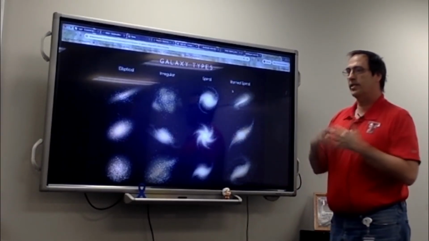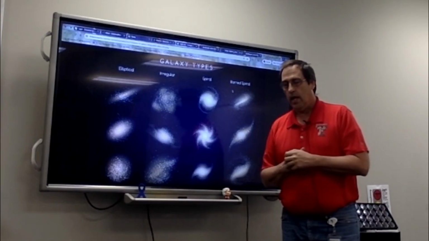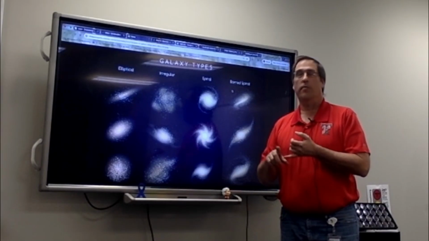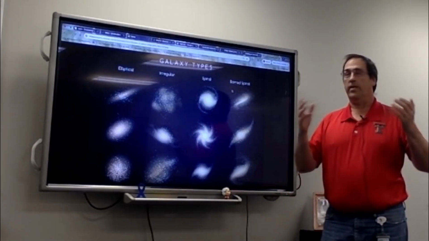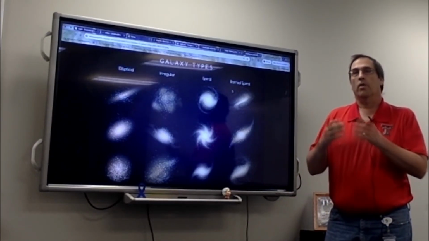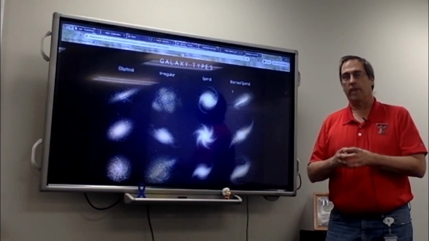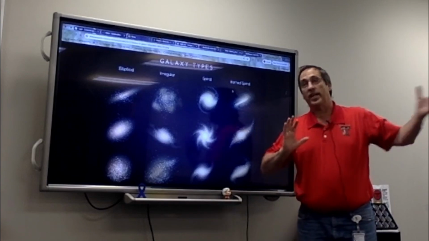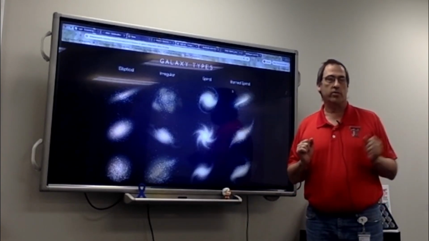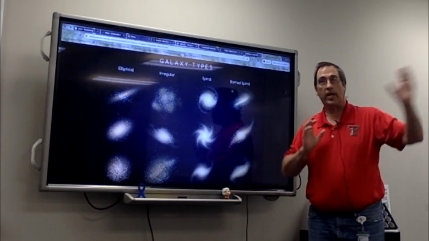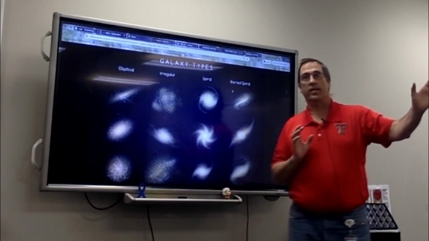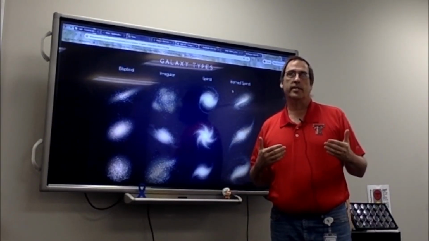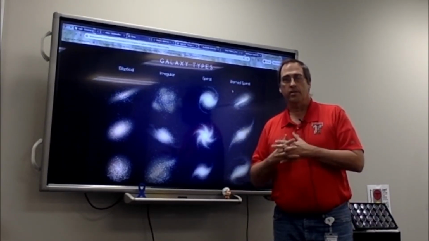So what is a galaxy? Well, a galaxy in its easiest, shortest terms is a collection of stars, gases, dust, planets, various other things, including dark matter, that are all bound together by gravity. Gravity is a hugely powerful force. In essence, the range of gravity is unlimited, and while it does get weaker at distance, it's still a pretty impressive force.